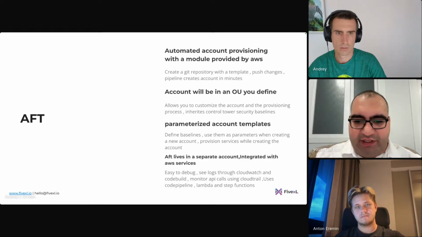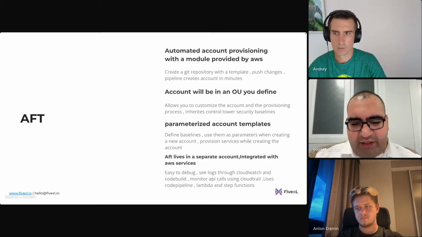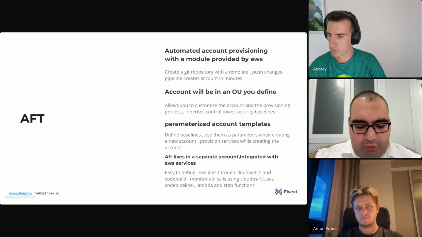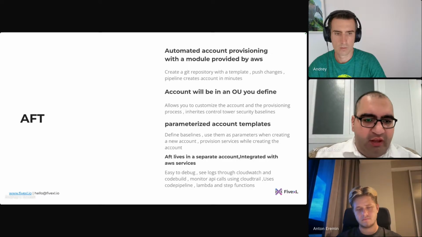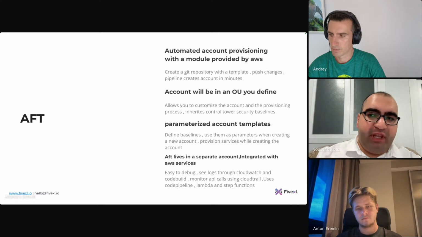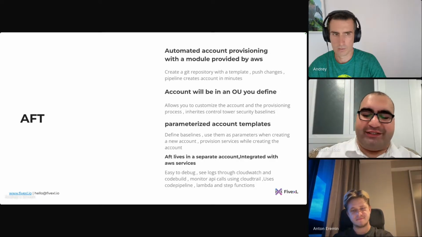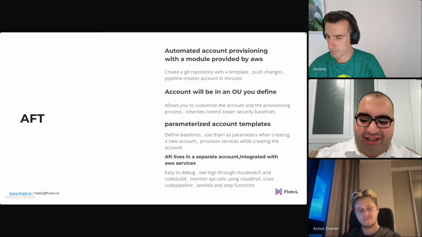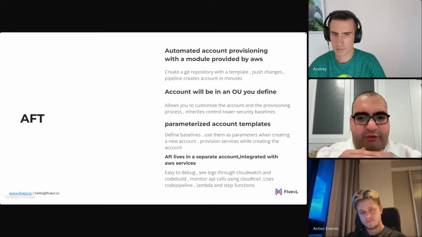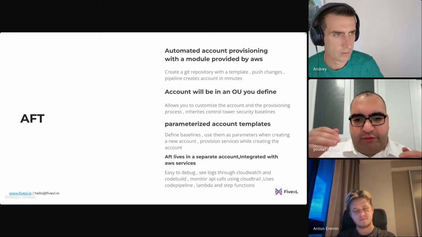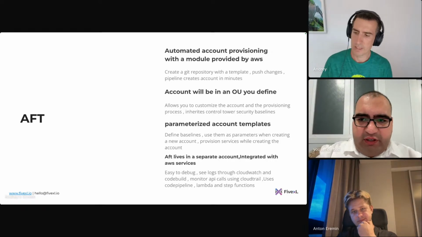So AWS has provided us with a framework called Account Factory for Terraform, which you can configure through a separate account. It uses CodePipeline through CodeBuild, sorry, through CodeBuild, and it will provide you with 4 repos, one for creating new accounts, one for